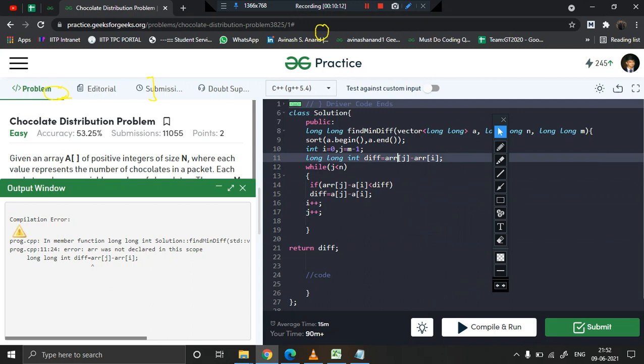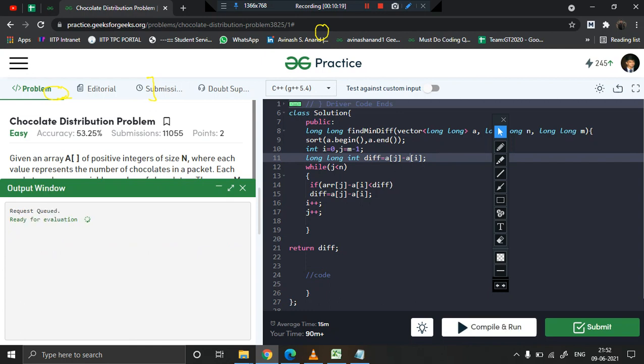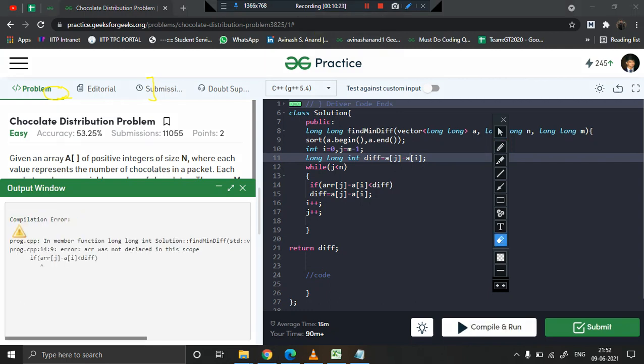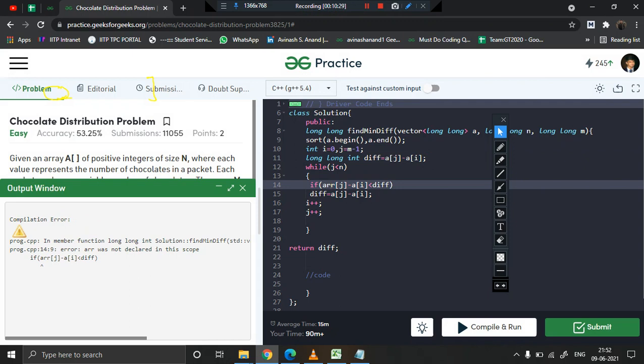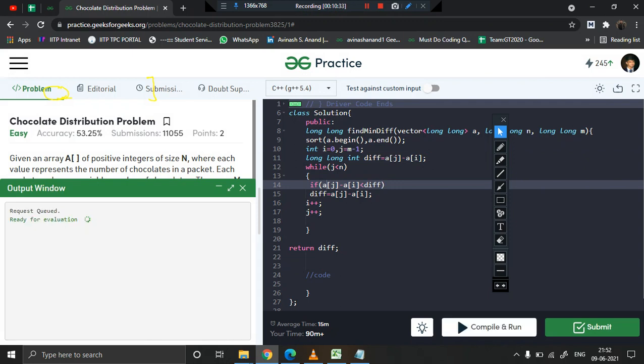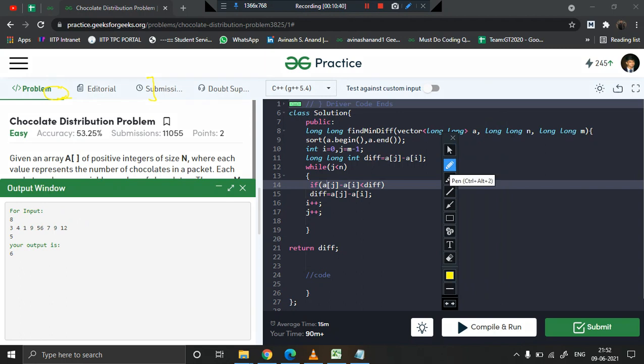And this is also A, because we have received the array A. Fine, compile it. What's the issue? Array was not declared again, I am using array somewhere. Okay, this should be A. So that's it. The answer is 6 and it is correct.